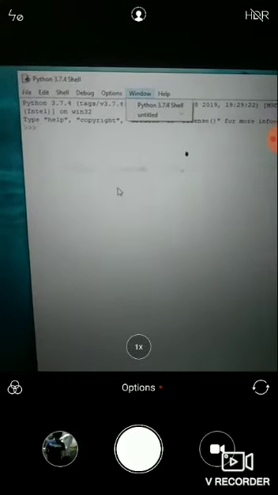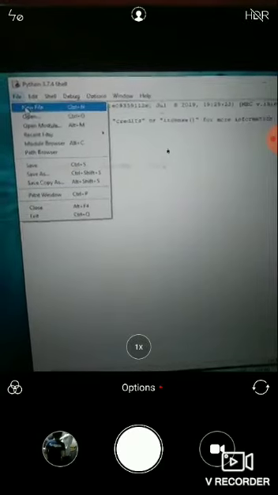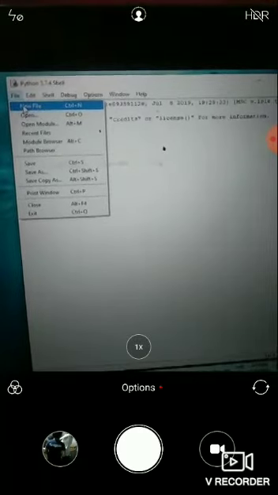So the file menu option provides various options to create a new file, open an existing file, open a module, and save the current module. When you click the new file option, a new window gets opened, the Python script mode Python editor window, which is a simple and standard text editor where you can type or edit your code.